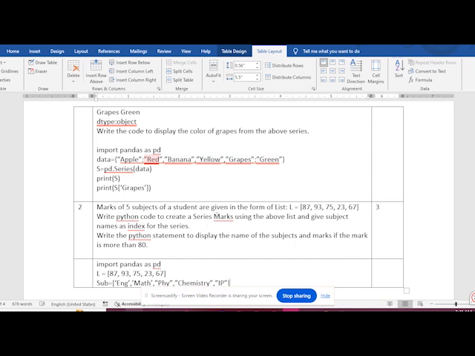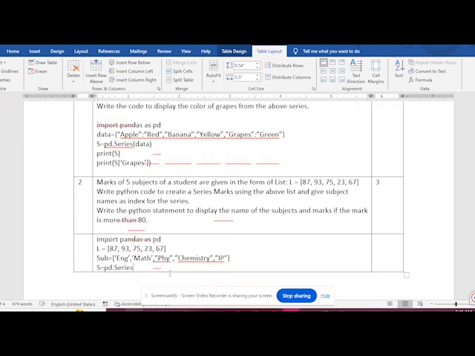After that, create the series. s equal pd dot Series. Here the name of the series is given. Create a series marks. So here the name should be marks, the name of the series. pd dot Series, then you pass the data, then the index. Print